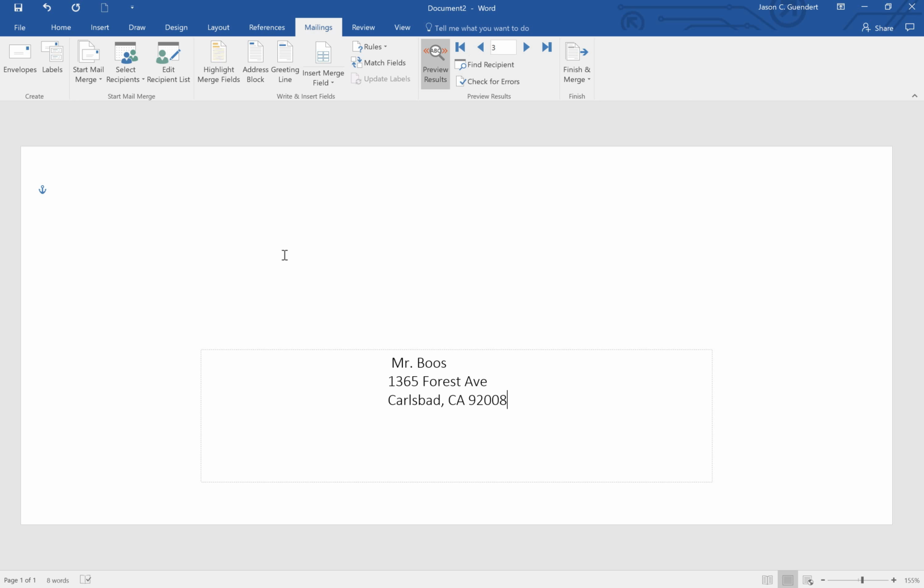And we did not mess with anything up in this top left corner because Scott already has his return address up here that is printed out on the envelopes already, which is why we don't need to put anything here. So all we need to do is change this, because when these print, these are going to print onto an envelope already. And so now that we checked that this is good,